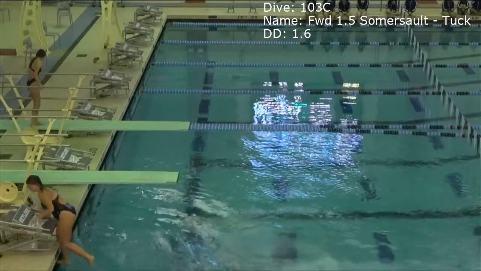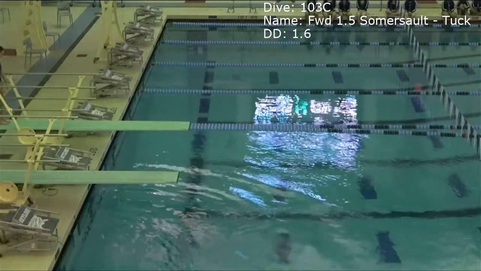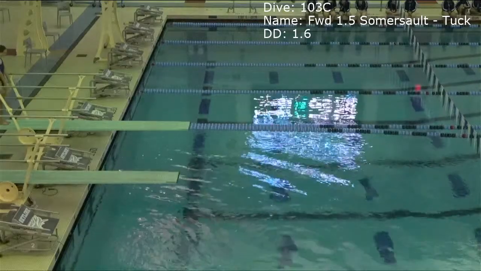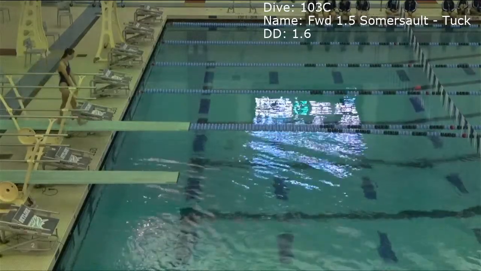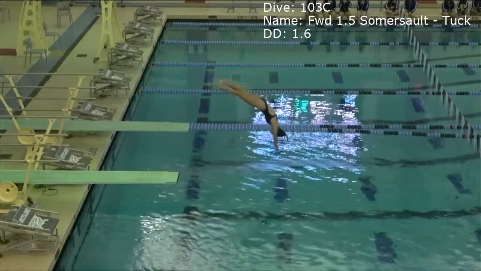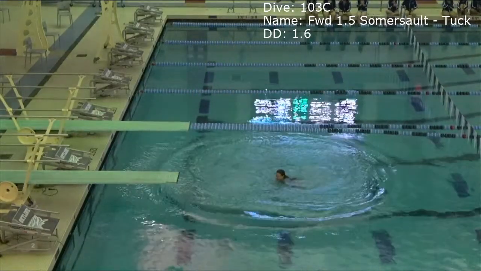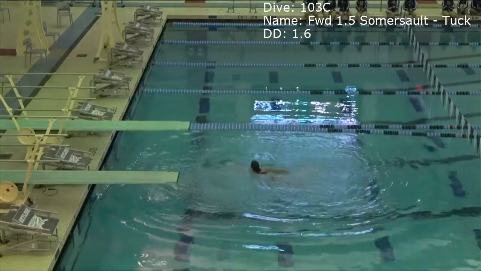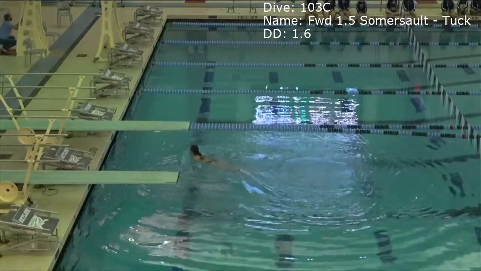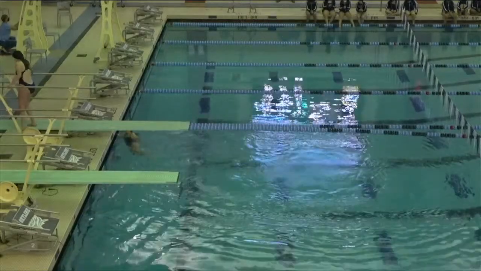Jill has a 103C, forward 1.5 somersault in the tuck position with a 1.6 degree of difficulty. Scores for Jill, 5.5, 5.0, 5.5 for 25.6.